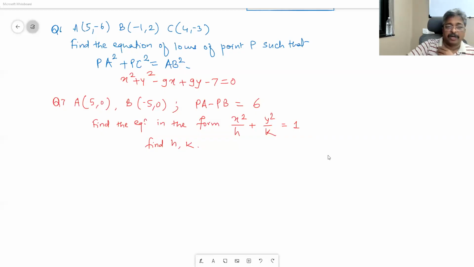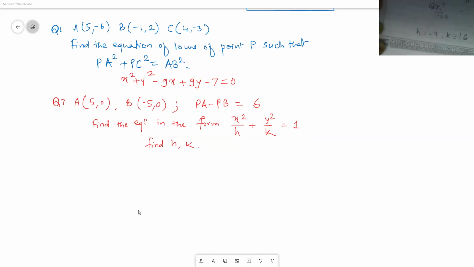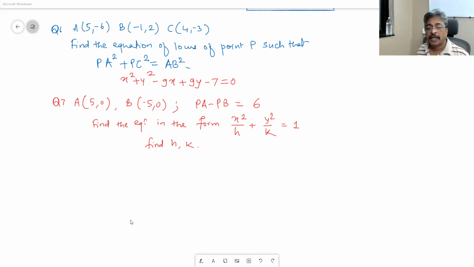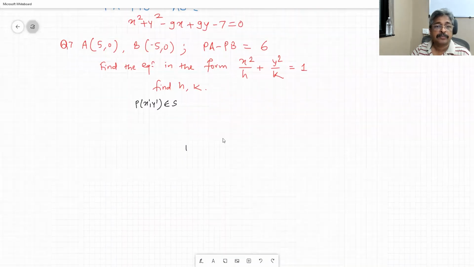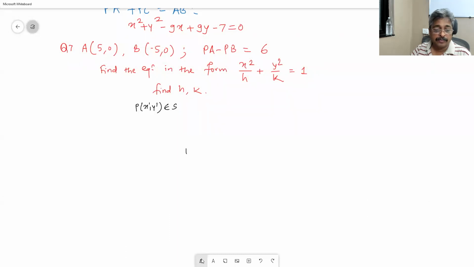And you are taking time. Okay, yes. H is supposed to be positive and k is negative. Let P x dash comma y dash belong to required locus S, right? Am I at 56%? Yes. Now,